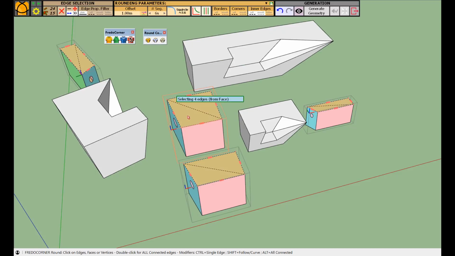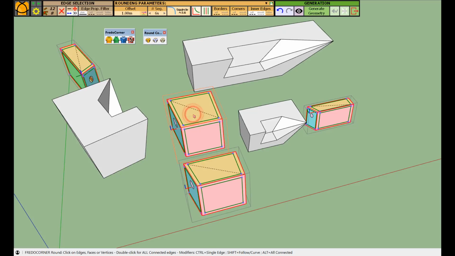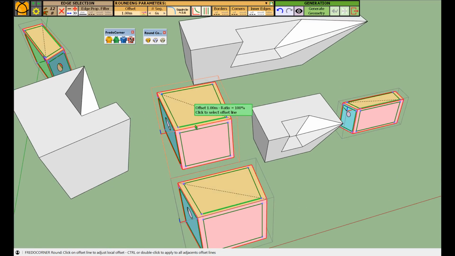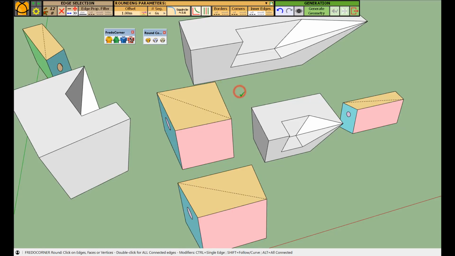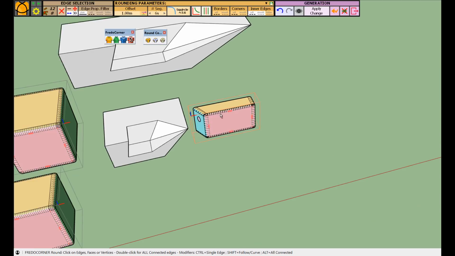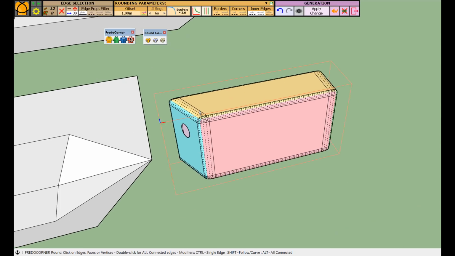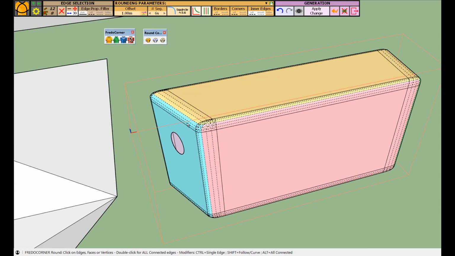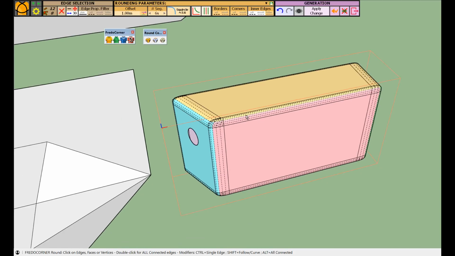So if I choose this particular instance for the rounding, I will have 1 meter here, 1 meter here. Indeed, other instances like this one will not have a symmetrical border because they are scaled non-uniformly. So you have probably more than 1 meter here and less here.